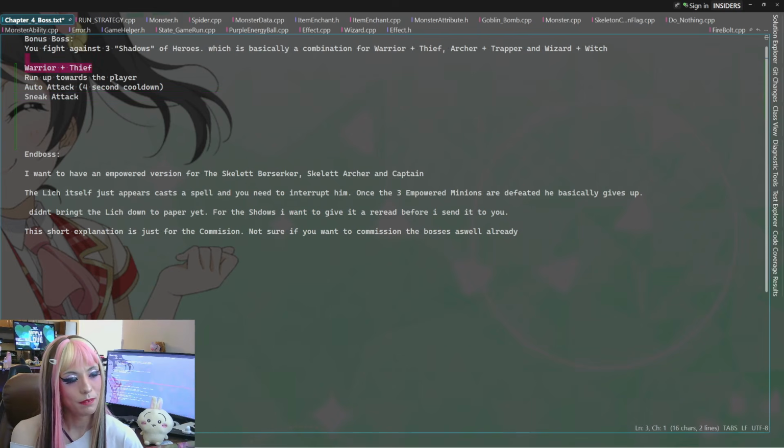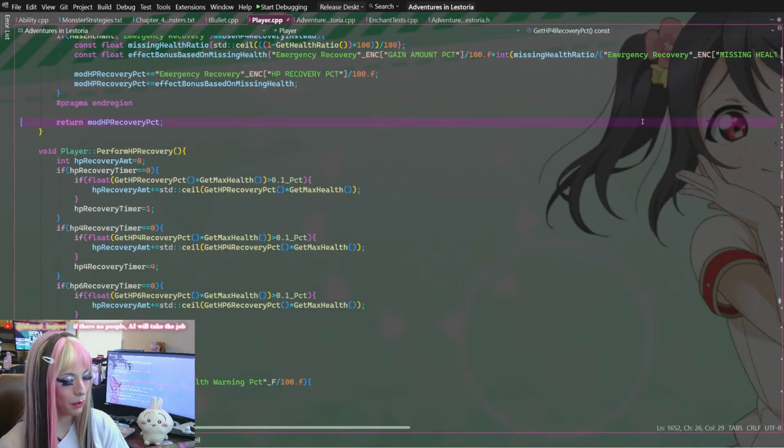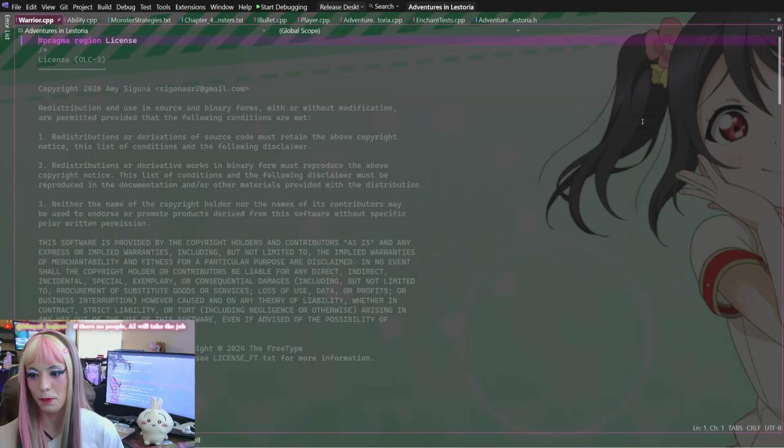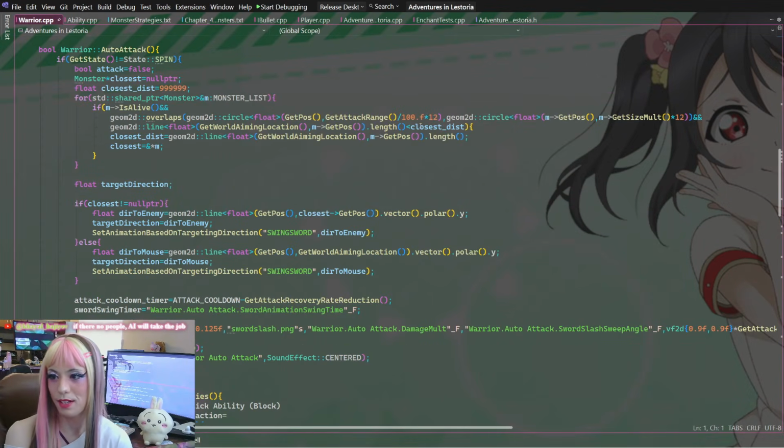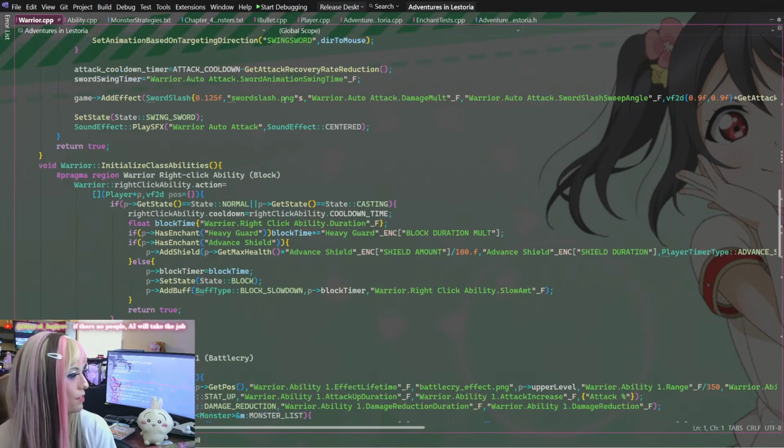So just things to think about, right? I guess what I'm gonna do is bring up Warrior and see realistically which abilities we want to emulate and if there are any abilities we don't want it to have specifically. So the Warrior's